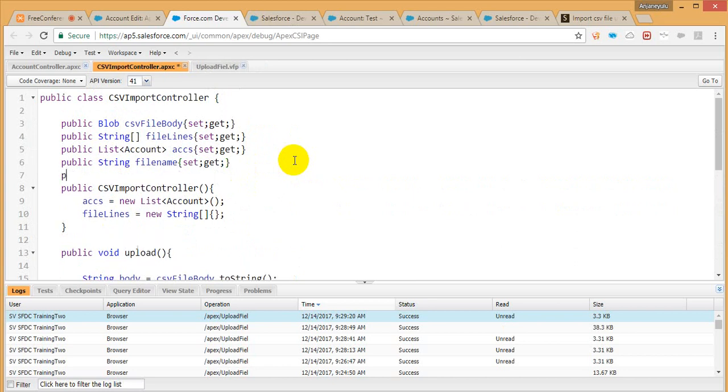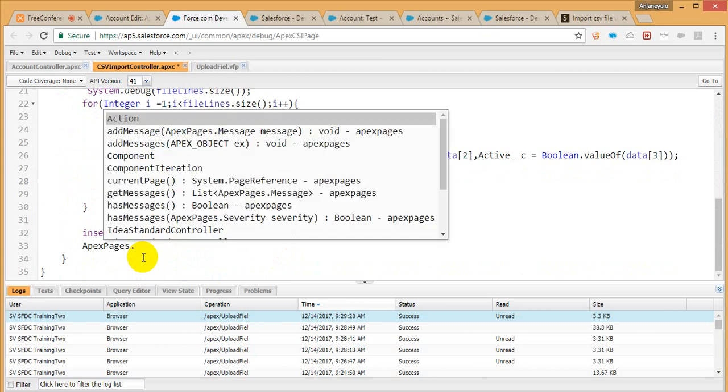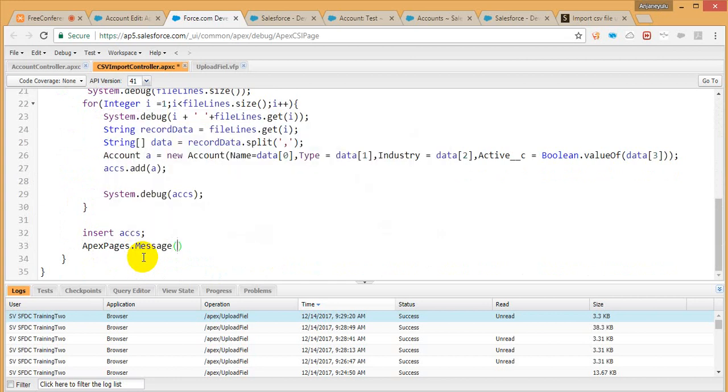Public message, or you can directly use that information. So once the record is inserted, ApexPages.addMessage(new ApexPages.Message(